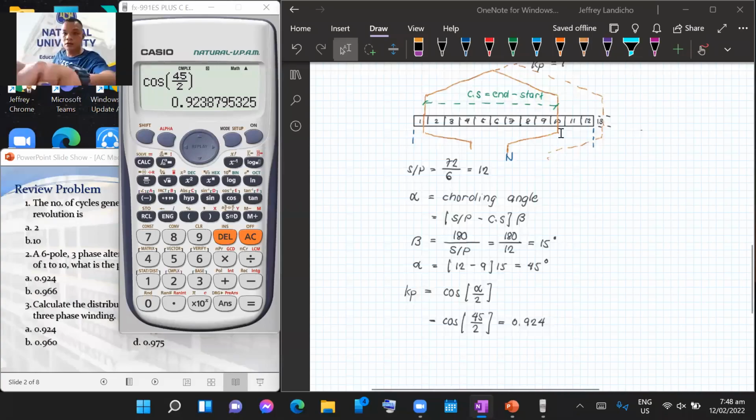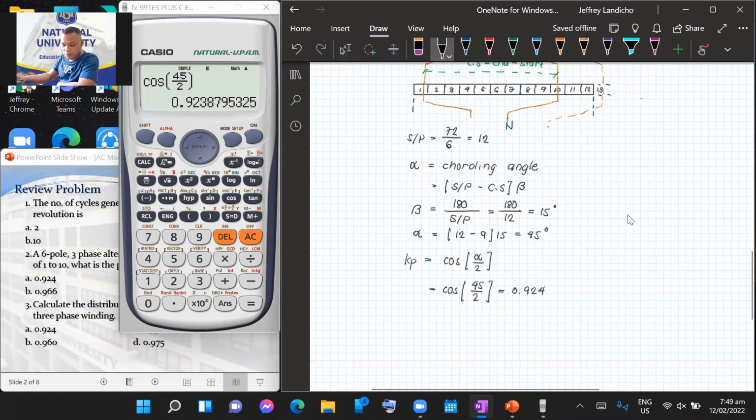Okay. So, nawala. Napuputol-putol yung aking internet. Wala tuloy. So, you have the coil pitch factor or the pitch factor that is 0.924. So, available. If you want to check kung tama ba yan, pwede natin gamitin yung alam natin useful